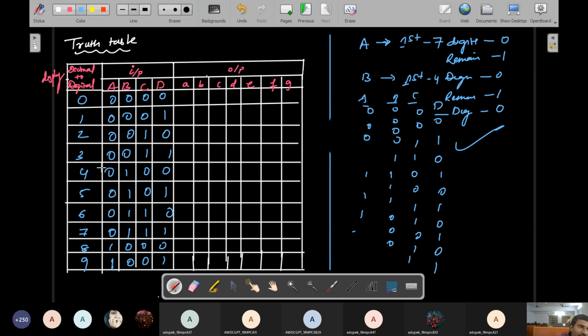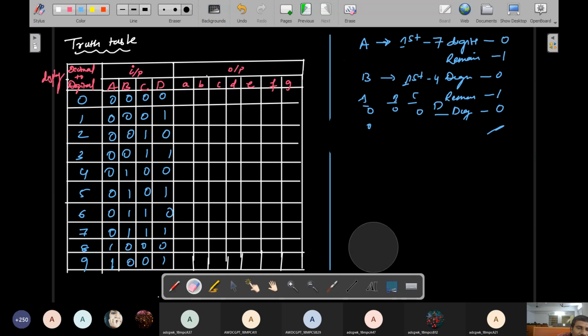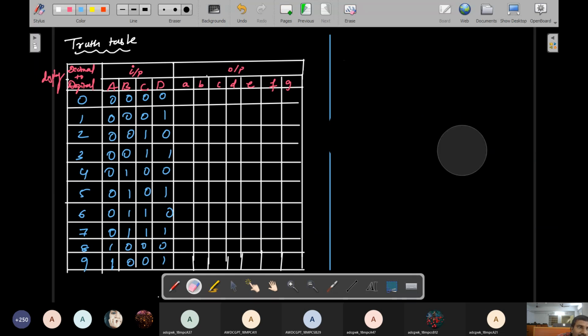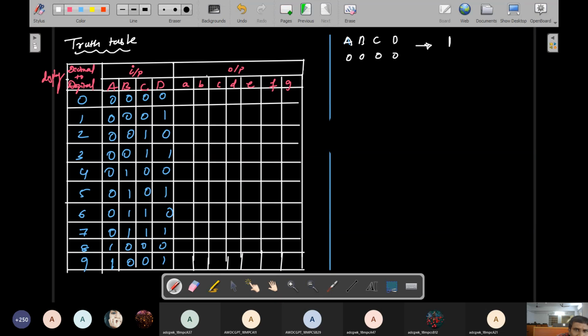So use this trick. You can put the perfect digits here without any mistakes. So this is the trick. Now simply see the operation. If A, B, C, D are the inputs, then A, B, C, D inputs represent 0 decimal. Here I am using colors for terminals A, B, C, D. So simply take all as 0.